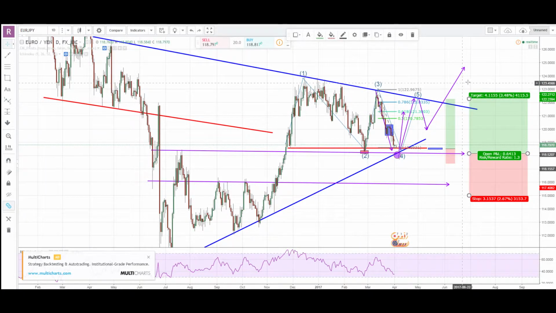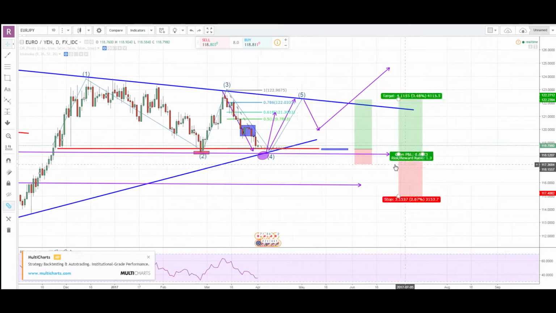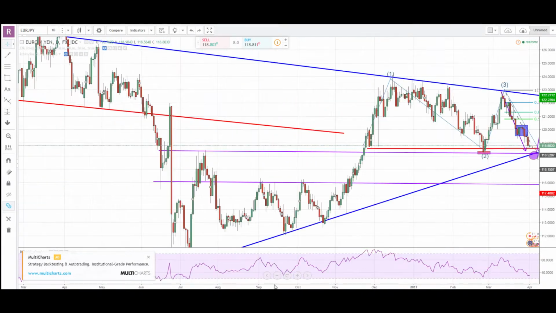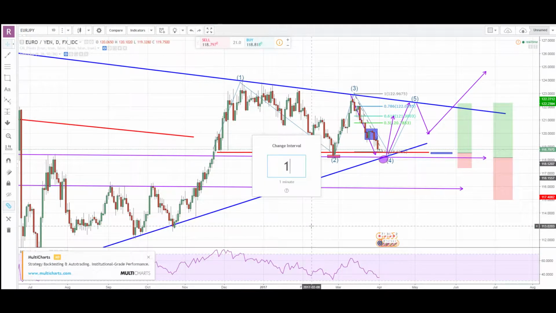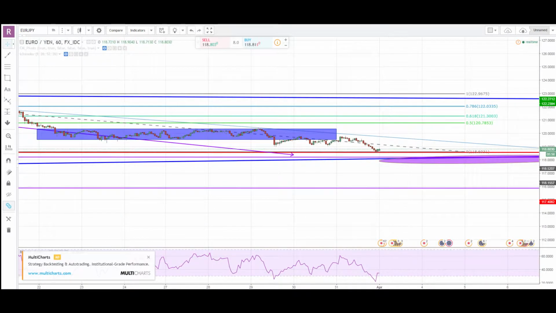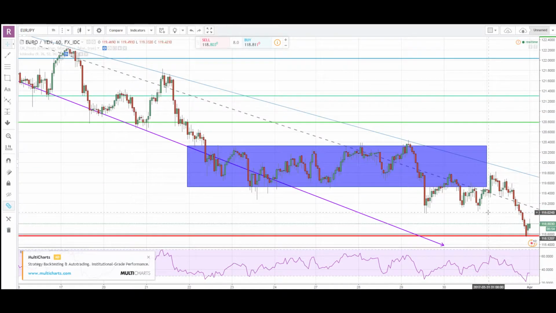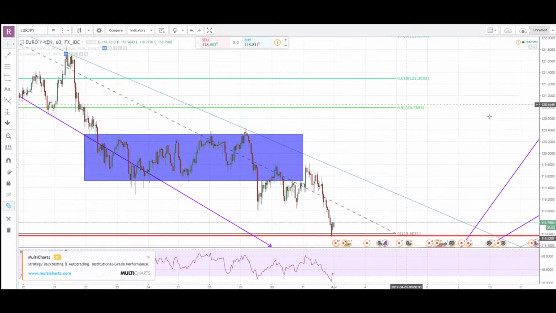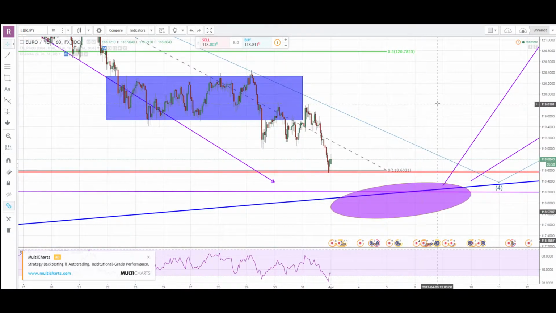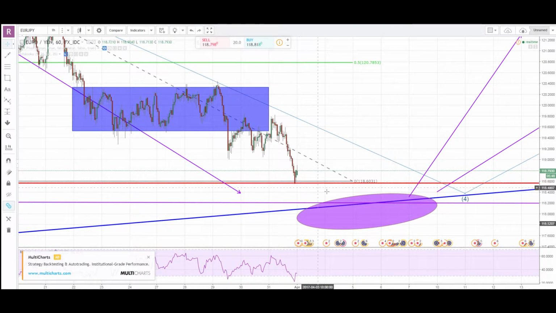It's still going long. The problem with this is just the entry, that you have to wait. Not the problem, but you still have to wait. There you go. It should drop again something. On the smaller time frame,